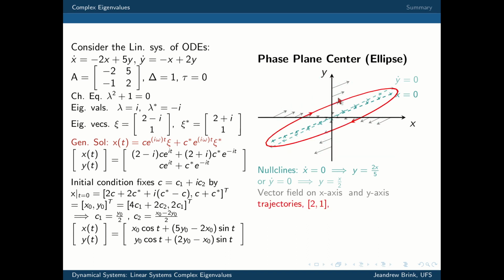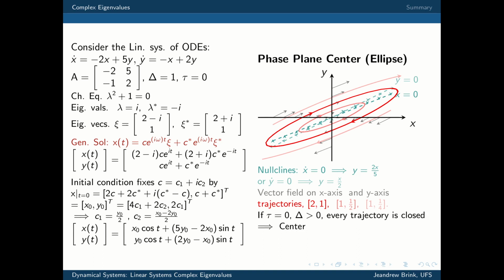Okay, and then we can plot them. Specifically, we can plot the solution. You can either just draw it by hand or substitute x0 equals 2, y0 equals 1 into this expression, and you're getting your closed curves. You can plot some other trajectories like that, and they will always be